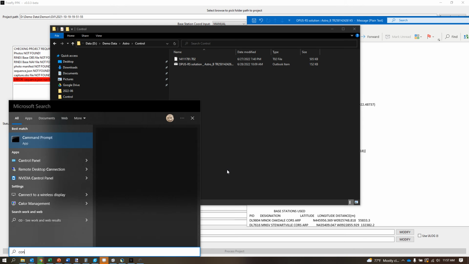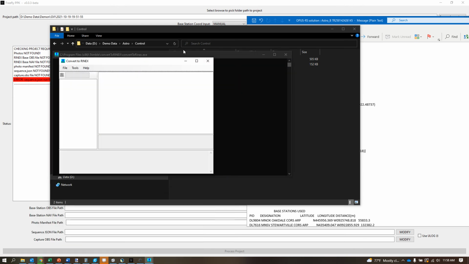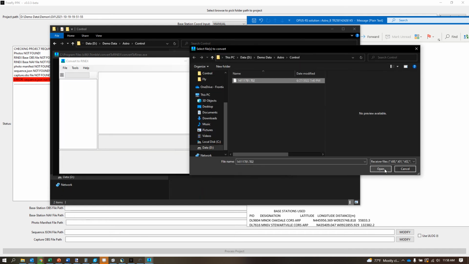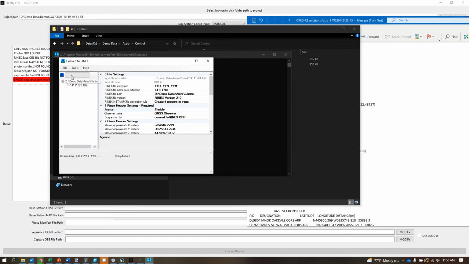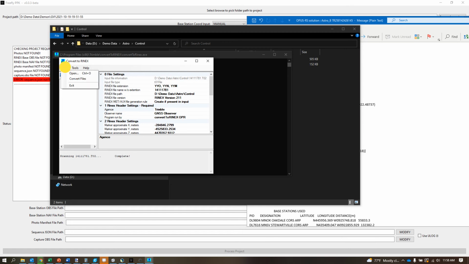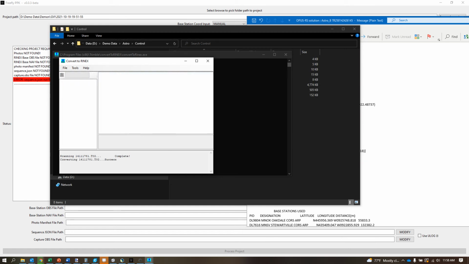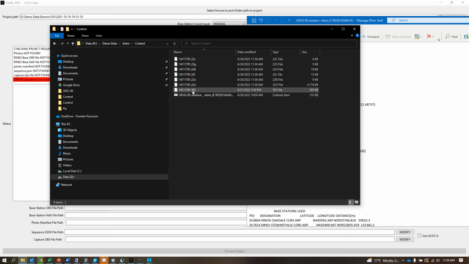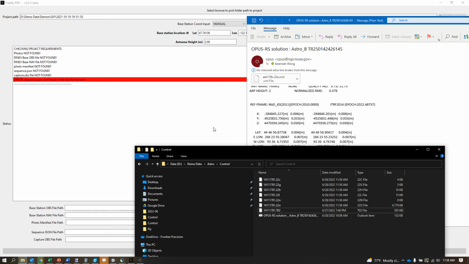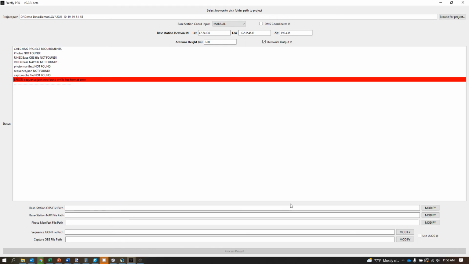So I'll do convert to Rinex. Go to File, Open, and I already processed some of this stuff before, but I'll click Open. It's going to load the file. Tools, double check my options. I want mine in 211, and I'll click OK. I'll go to File, Convert Files. So now it's going to go through, convert the files, and we can look back in the folder. It converted the TO2 file into your Rinex format, so that's good. We'll escape out of there, and then we'll go back into the Freefly PPK